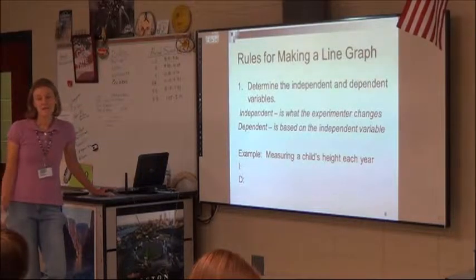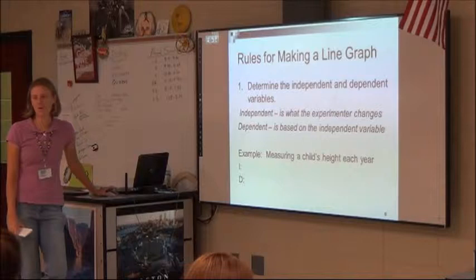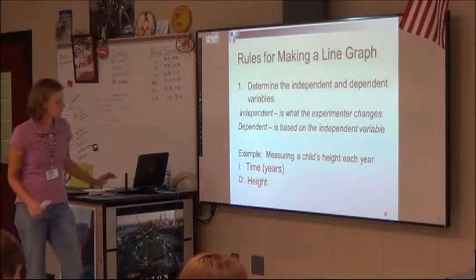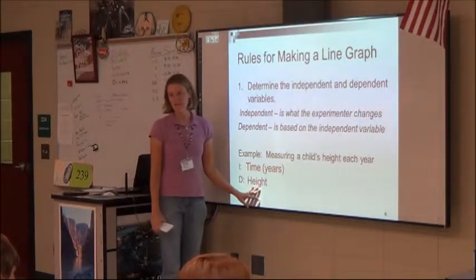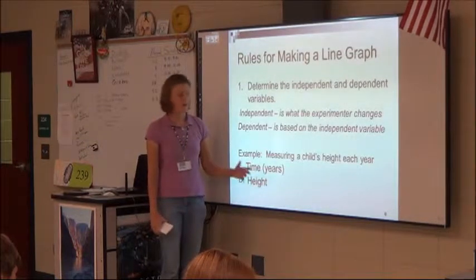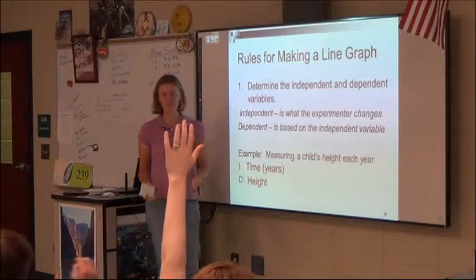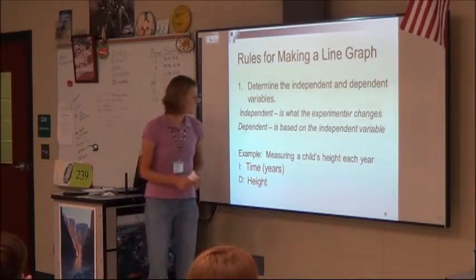No. How much it eats? Well, yeah, you would want to feed the child. That is true. But what you're checking for is height. You have really no control over the height. Isn't time always the independent variable in any